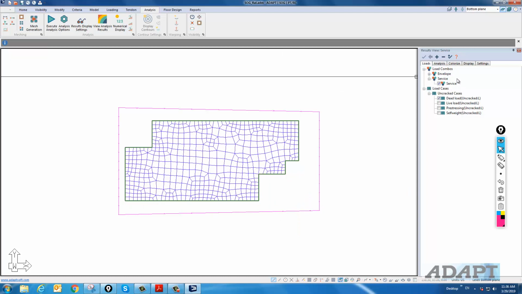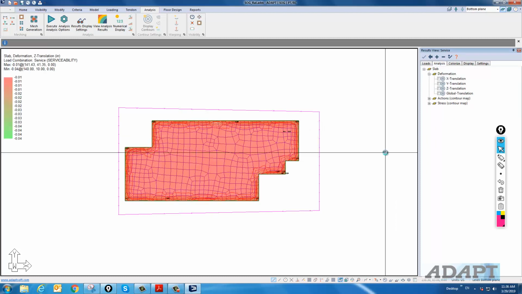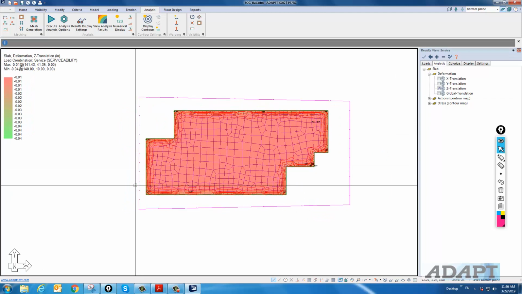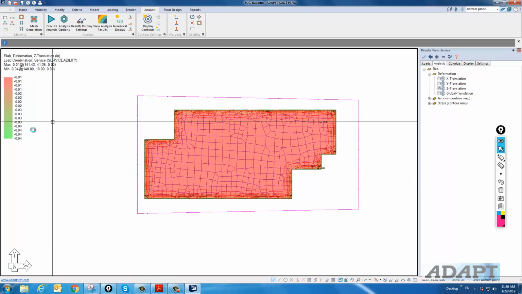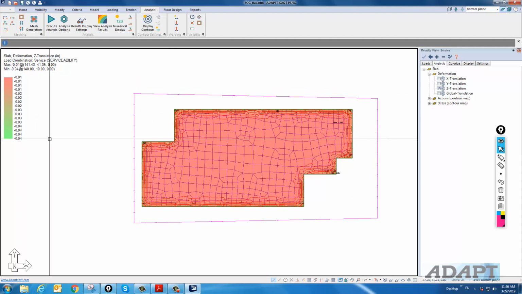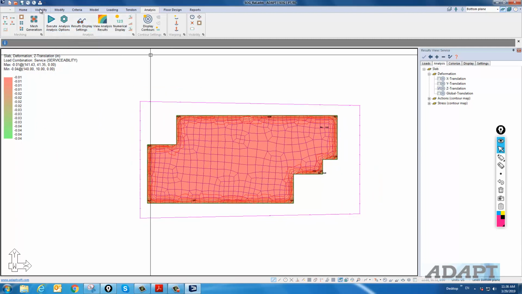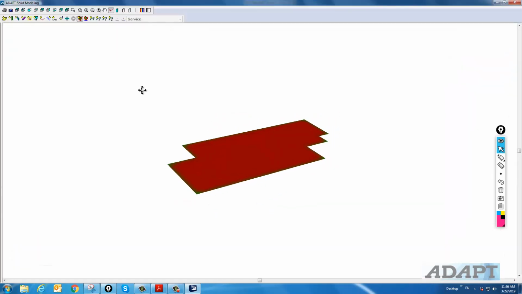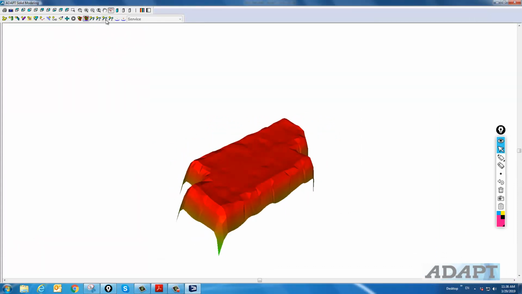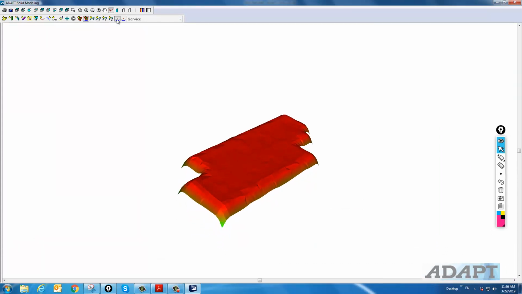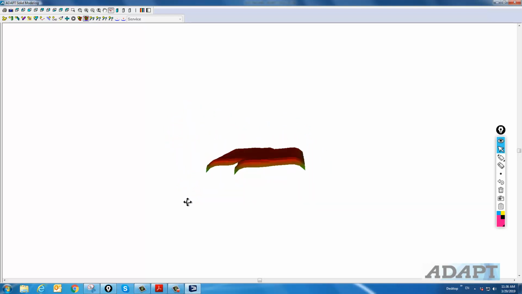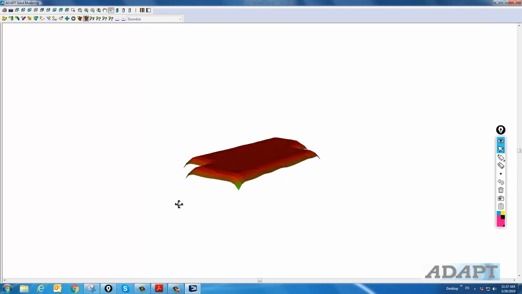So we've selected the service combo under loads. I'll go to Analysis, and we will check the Z direction displacement. So you can see we get higher displacements out on the perimeter where the contour goes from 0.01 to 0.04. And to view this, what we can do is go back to our render model, and if I go to a warped shape, this shows me the deformed shape of the slab. This is under fully supported